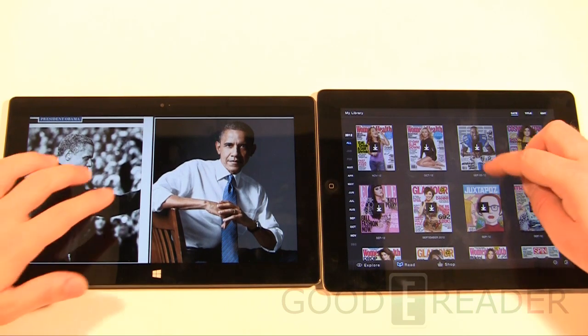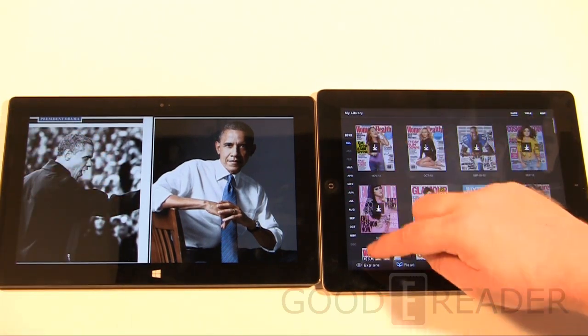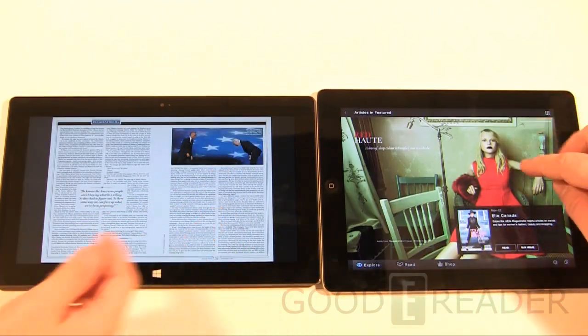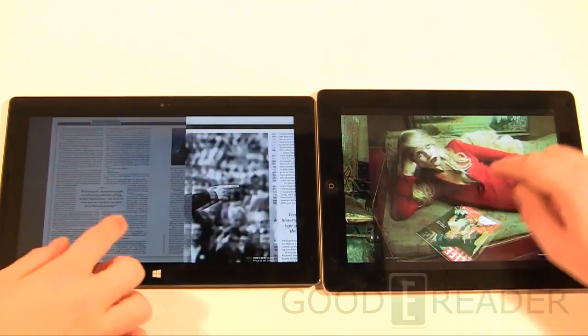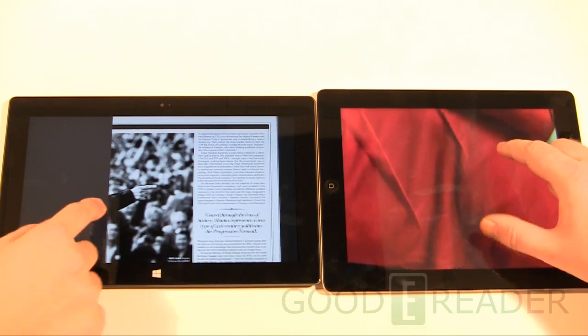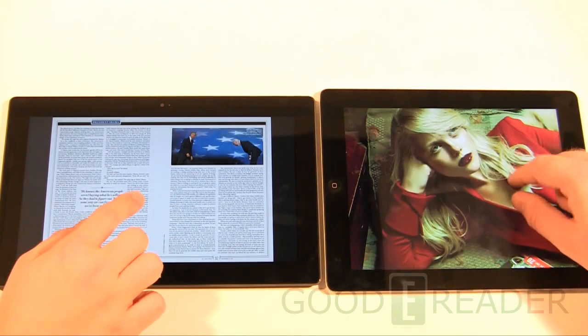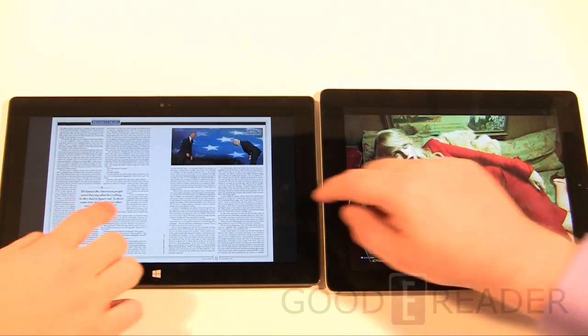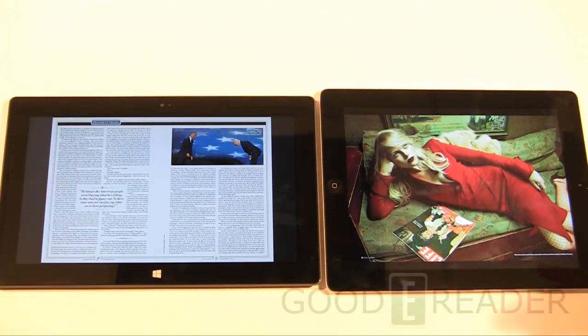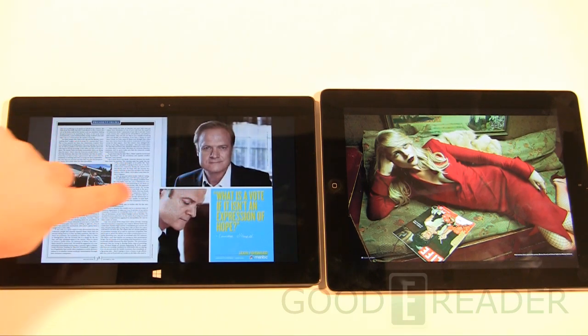Yeah, totally. So mainly I just wanted to show you how the magazine experience differs from platform to platform. Obviously, I think the Apple iPad's a little bit more refined. So things are just popping. Surface, maybe not so much. I mean, that is the crux of the issue, where resolution really makes a